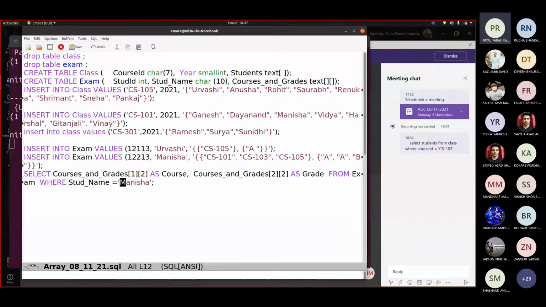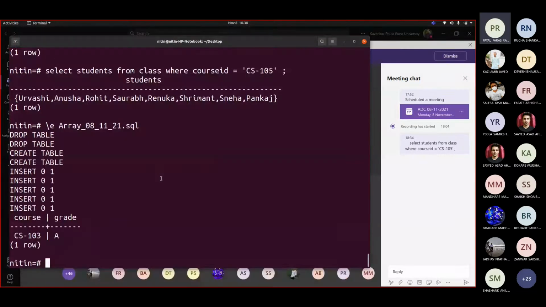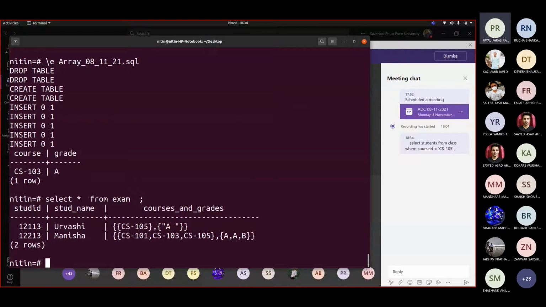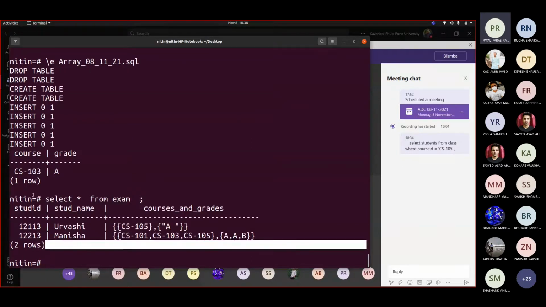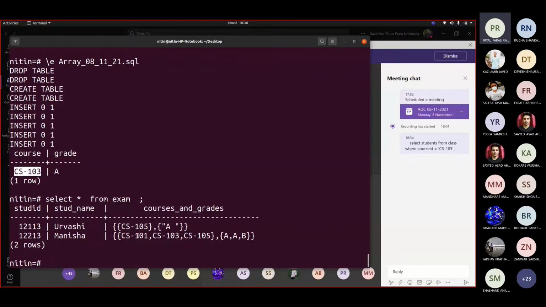We want to retrieve course and grade from the student's data. You can see she got A grade. Now if I talk about select star from exam, where is Manisha? Here. And we wanted grade for 103. So 101, 103, 105. A, B.